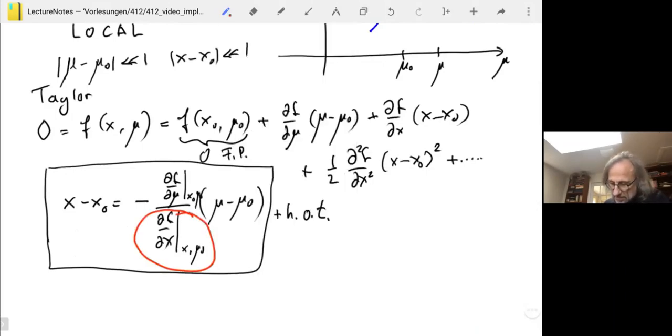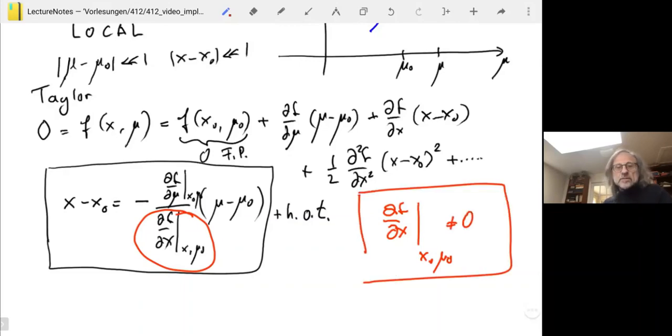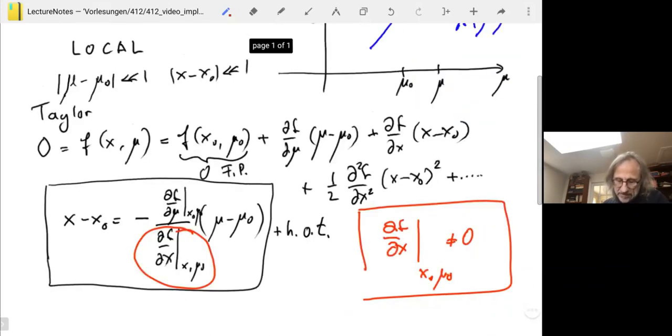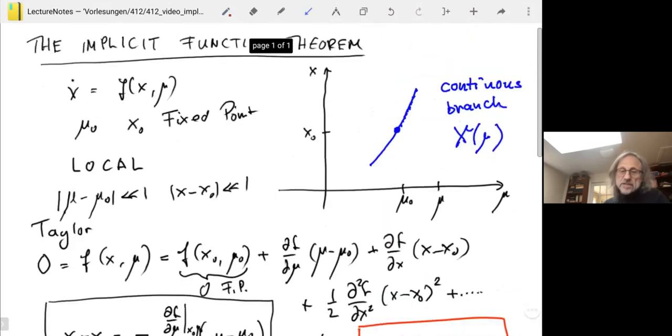We need that df by dx at the fixed point from which we start must be non-zero. And so that's the statement of the implicit function theorem: if you have a fixed point, and if df by dx is not zero, then there exists a continuous, actually a smooth branch of solutions x of mu,